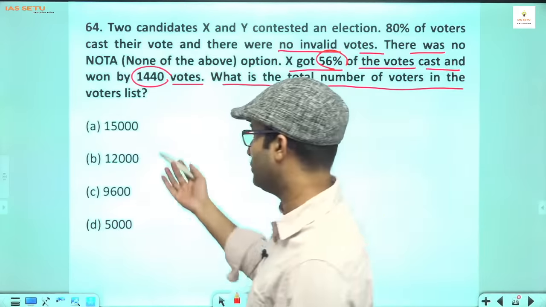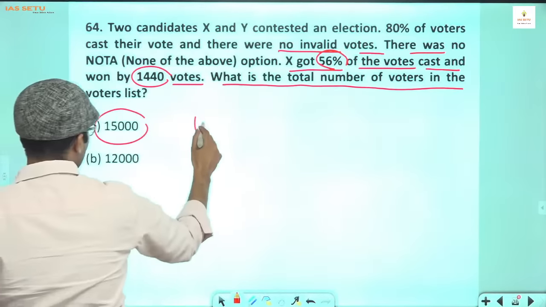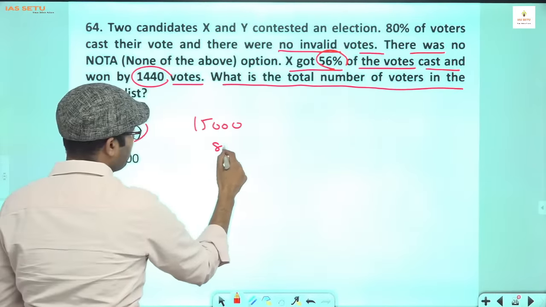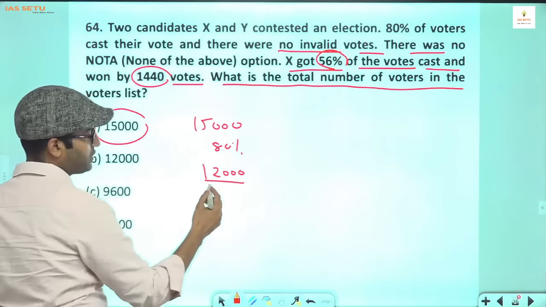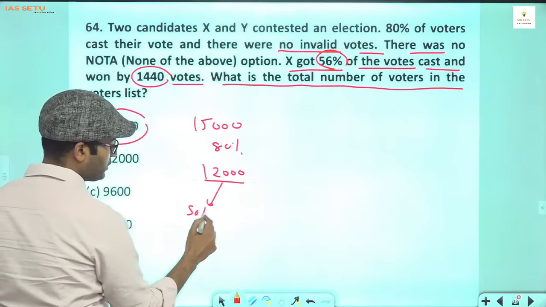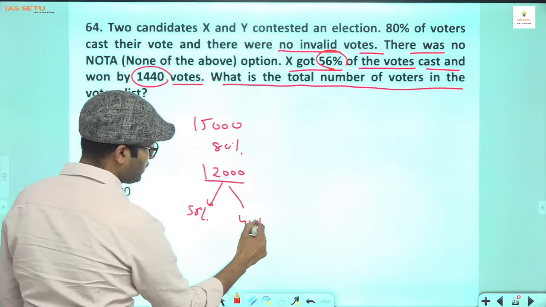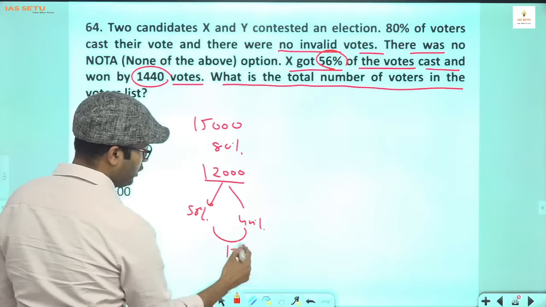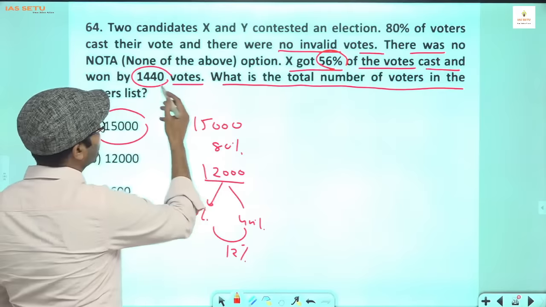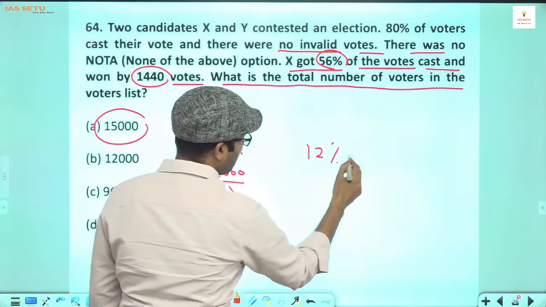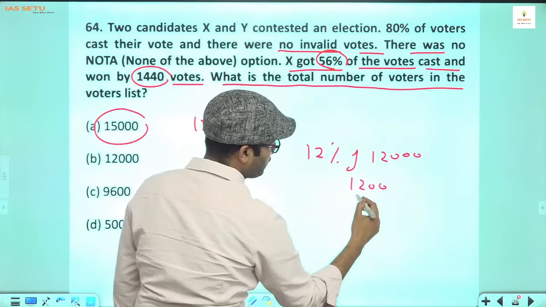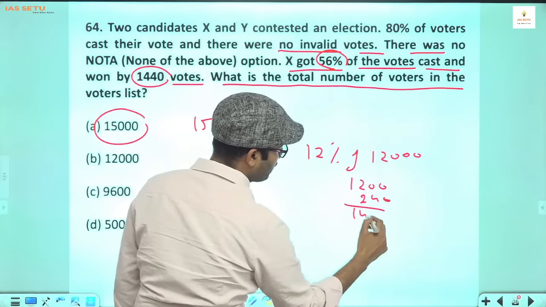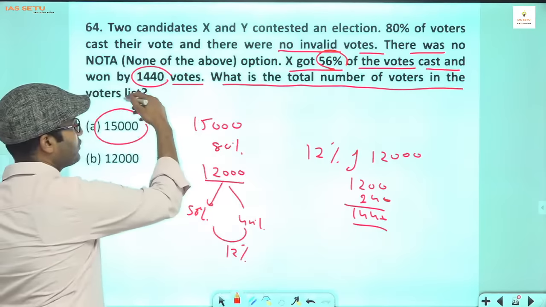Either you check answer option से, like if for example there are 15,000, so 80% people voted 12,000. So here Mr. X gets 56% of this and other gets 44%. Difference is 12%. 12% of 12,000 has to be 1440. We check 12% of 12,000, तो 10% हो गया 1200, फिर 240, yes 1440, परफेक्ट, ऐसे हो सकता है।